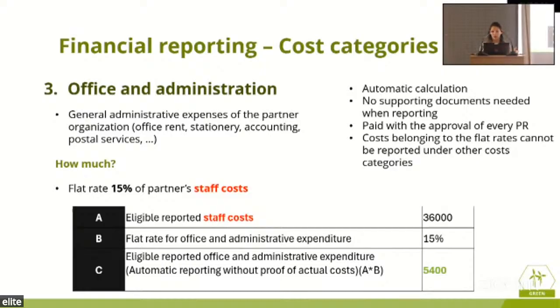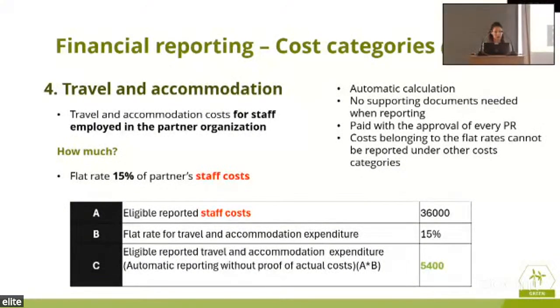And what does the manual tell us? It tells us that, for instance, if you have reported 36,000 as a staff cost, then you get 15% of that, you get 5,400 automatically for your office and administration expenditure. You don't need to provide any documentation. Same goes